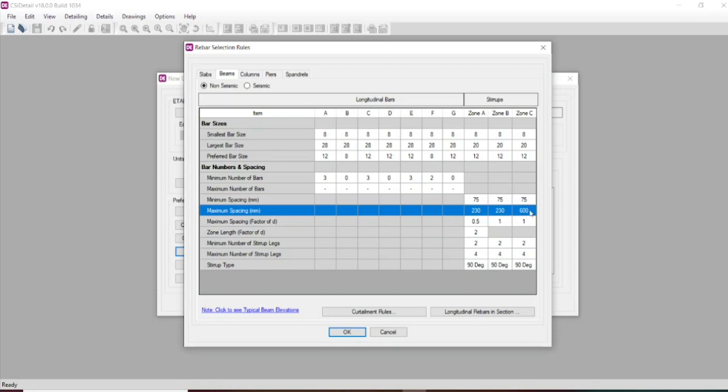Since the depth of the beam is 300, you need to reduce the cover plus the dia of rod. That is effective cover. That is 25 plus 6 will be 31. So 300 minus 31, and we will be providing the guidance as per the code. Let us provide OK here.